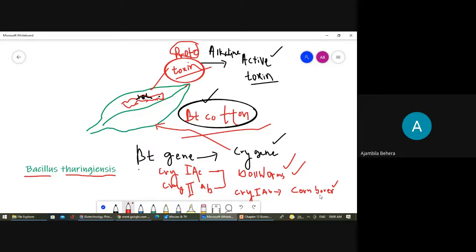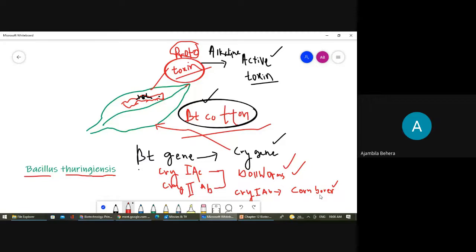So in order to make the BT cotton, what do we do first? Who can answer? What is the first step for making BT cotton? What is the first step? Srikant, what is the first step? Pritipanna, Rahul,